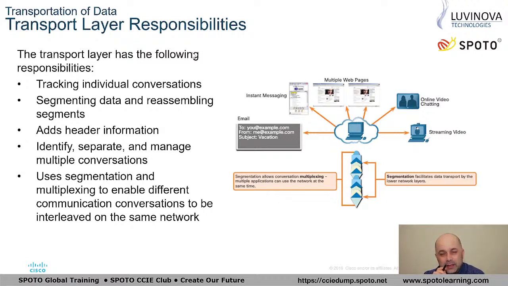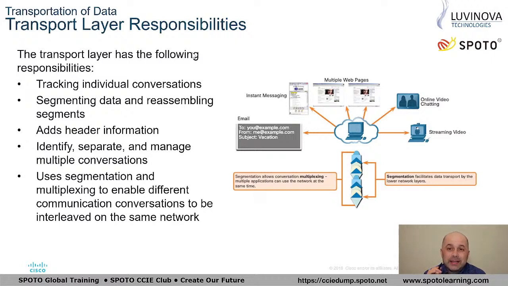It's called segmenting. Why does this segmentation start? Because imagine we have different data. One data is very big, very long. The other data is very short. There's a very big conversation and a very short letter. And all those data are carried in different ways, because bigger data is going to be much slower, while smaller data will be much faster. To prevent these differences when transmitting the data over the network, the OSI model at the transport layer starts a